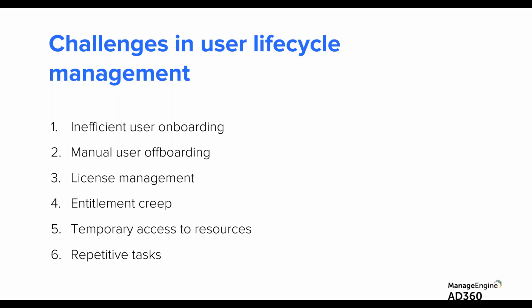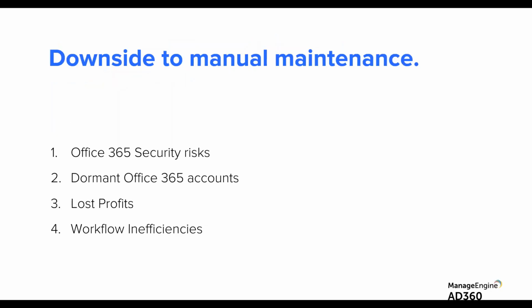So going forward, I'm going to discuss certain downsides that an organization essentially ends up facing. The first and foremost being security risks. So when users get onboarded, it is important that they get privileges only to the required groups. At times, when you're managing Office 365, you know how it works. The granularity that is available with Office 365 is not that great. So there are chances that you might end up granting someone access privilege over a group or a resource. You would want to check that again. Dormant Office 365 accounts is a challenge we've been discussing all along.